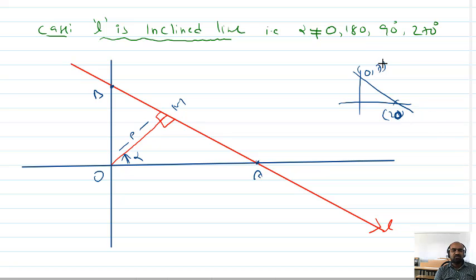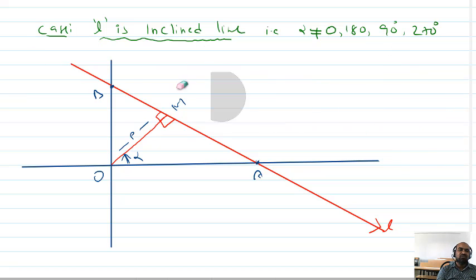X-intercept is 2, y-intercept is 7. You can find its equation. You want x by 2 plus y by 7 equal to 1 only. So my intention is to find its x-intercept and y-intercept to find the equation of the line. This point means (something, 0) only. That's something I want to find. Okay, so I will show you how to find it.